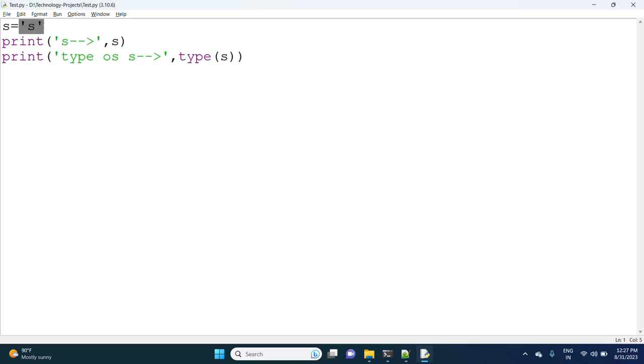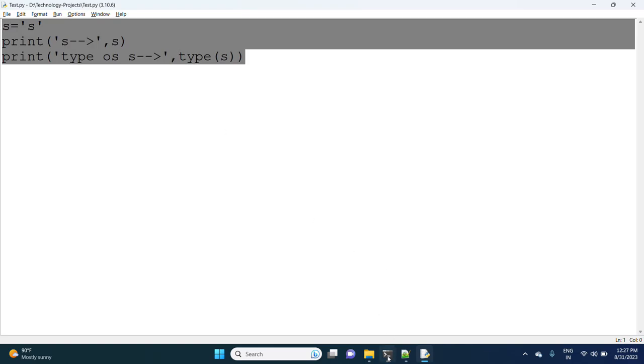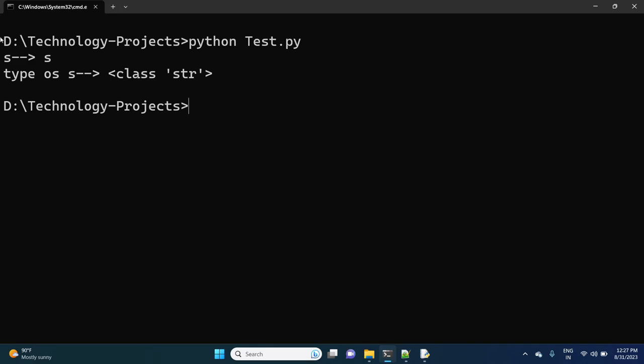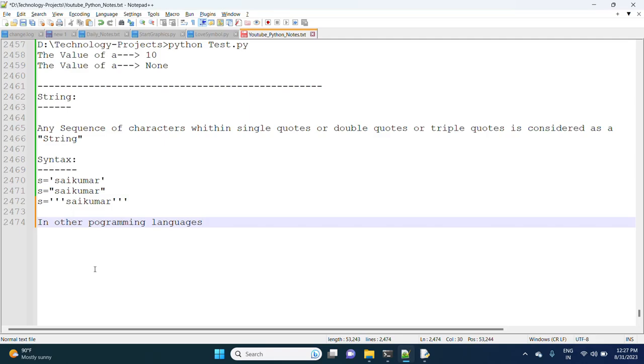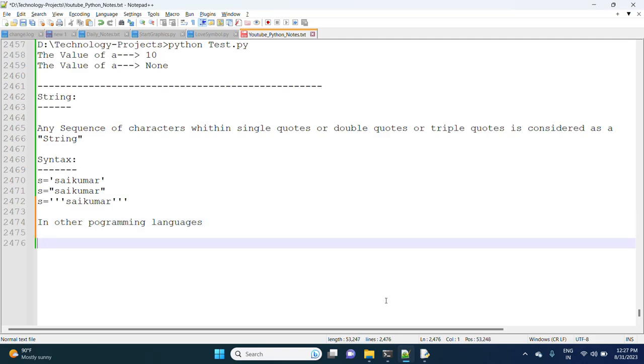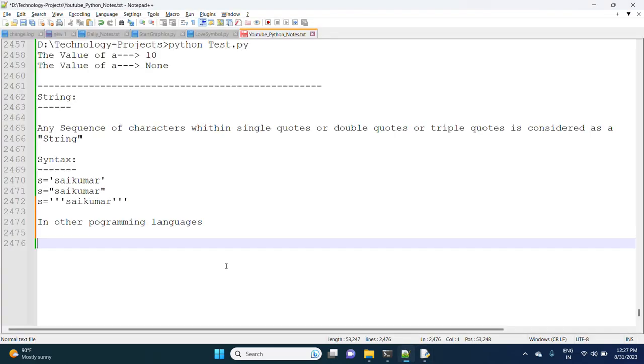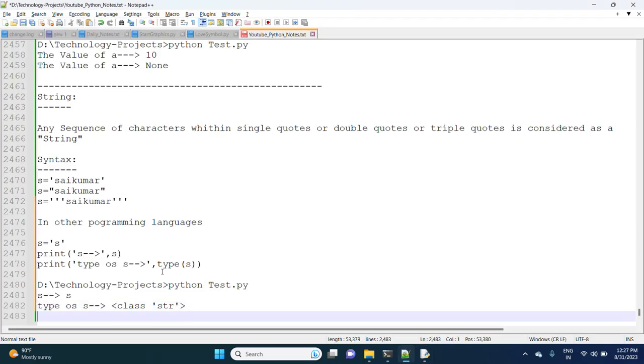A single character with single quotes is represented as a string only. Observe the output: type of s is a string.